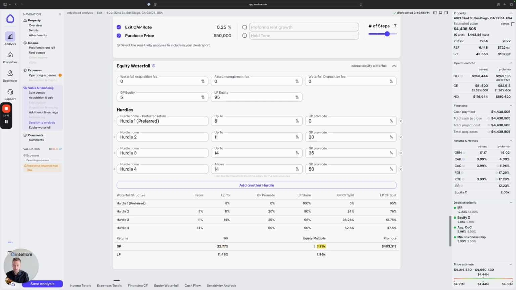And so also here we have the equity multiple for the GP, for the LP, and this is the promoted interest that the GP would earn because of this deal. So